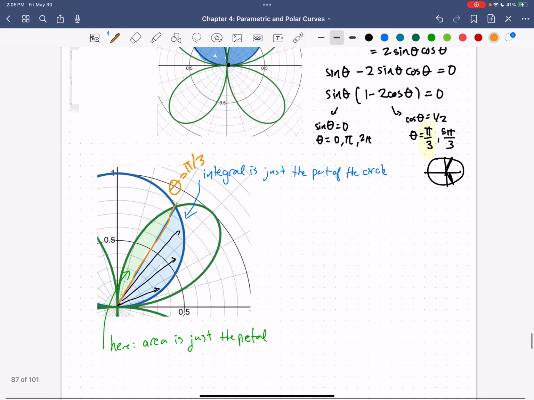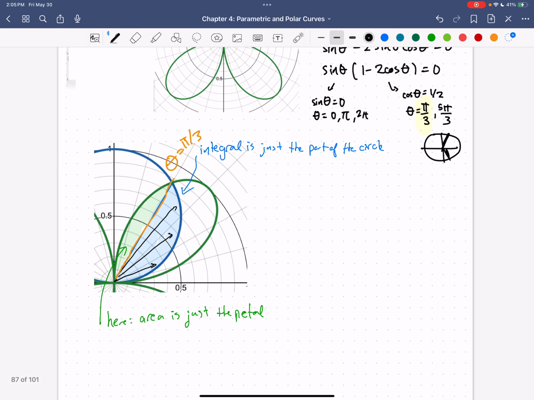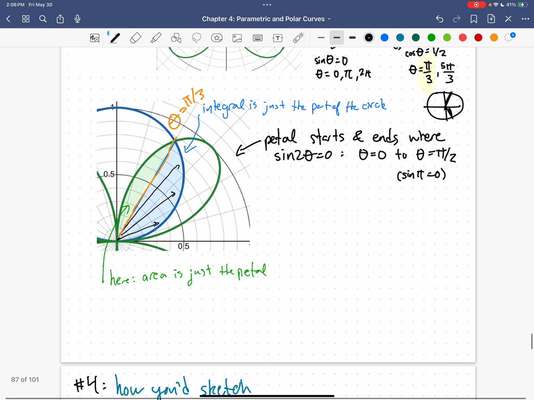Then the next part of it starts at pi over 3 and then goes to wherever this is. And it turns out that's pi over 2, but we're going to check here. The petal starts and ends where sine 2 theta is equal to 0. This is when theta is equal to 0 to when theta is equal to pi over 2, because then you get sine of pi, that's 0. And so that means the total area I guess of this region,